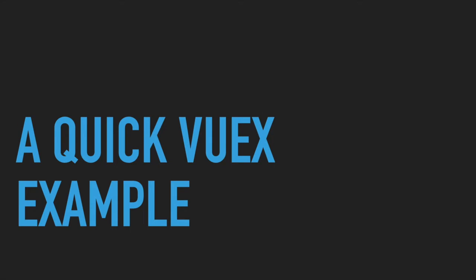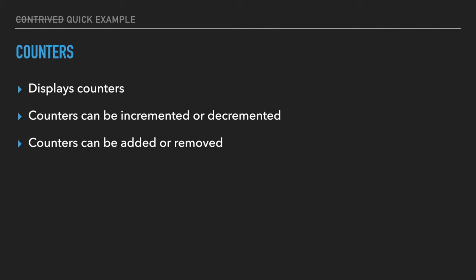So yeah, a quick Vuex example. Counters. Simple. So it displays counters. Counters, it's just a number with a button saying increase or decrease. I've also got a button saying increment the counter if the counter is currently odd. Increment if odd. Now that's just to show an action that can examine the state to decide whether it goes forward or not, as an example. I'll show you that in a second. Counters can be added or removed. Actually, I've not implemented removing counters, just adding them.